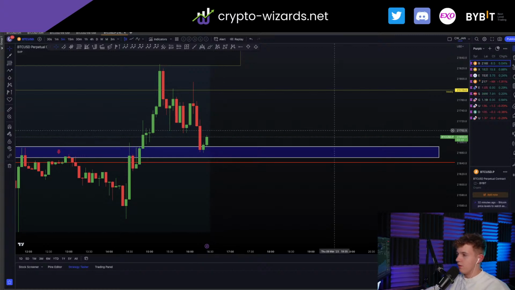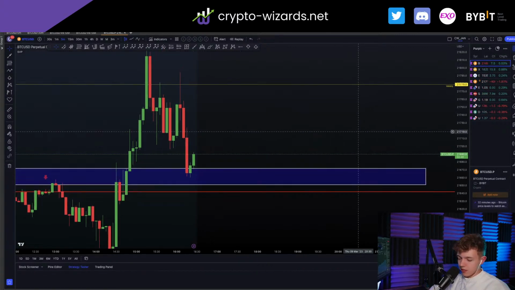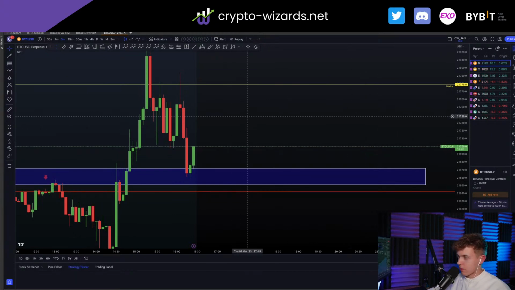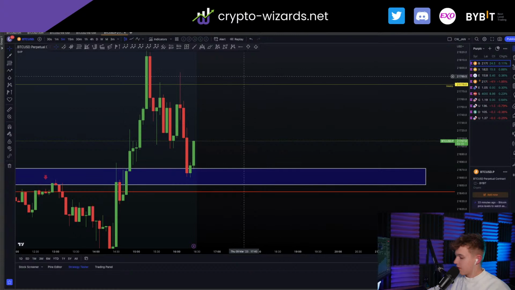I'm trying to get in with a limit now, which I don't know if I'll be successful with or not. Trying to chase the price, but I'm not getting filled now. The slippage on FTMO is quite big. Fuck, it's going up. Still trying to chase it, but